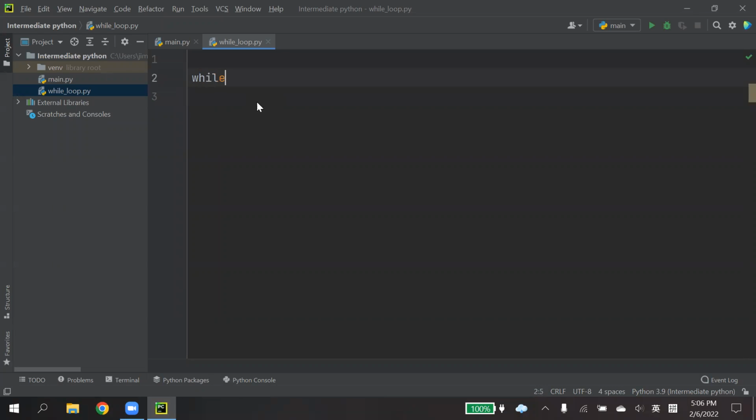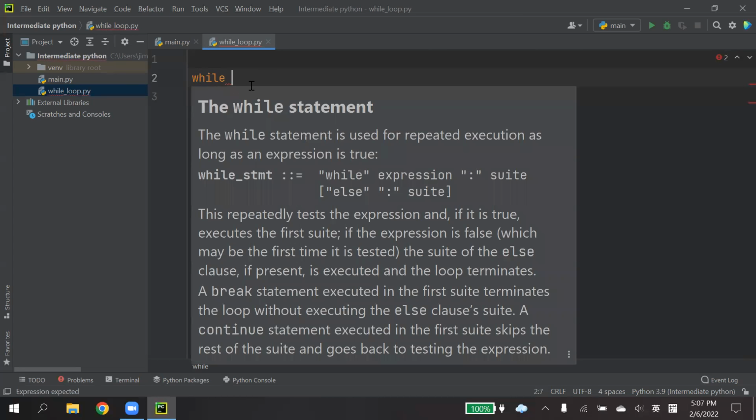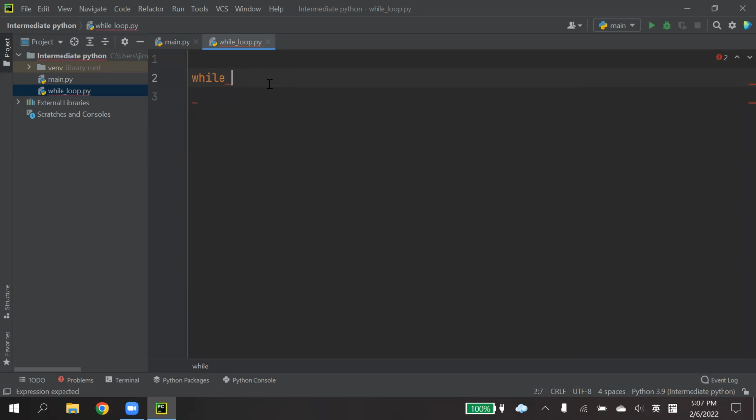For the while loop syntax, we have to start with the keyword while, followed by a space. After that, we need an expression. For example, I can define a variable first.